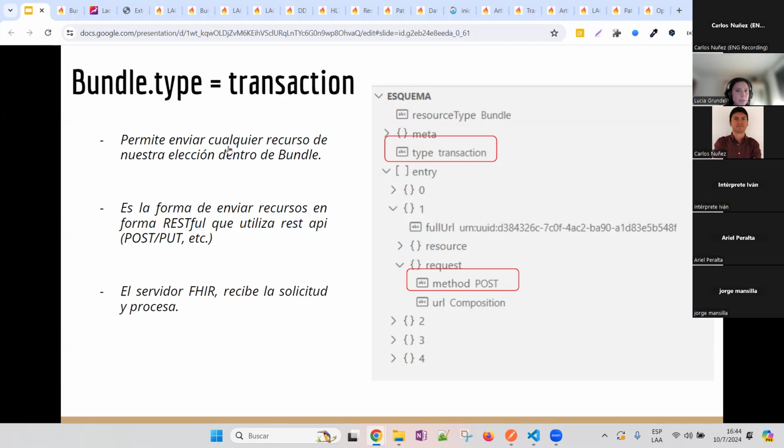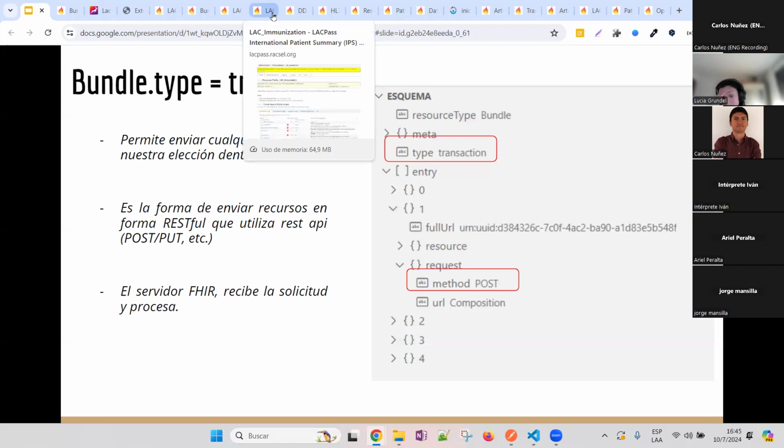So the first bundle type is transaction, and it allows us to carry out a set of transactions against the FHIR server. It is the way of sending resources and storing them against the server. The FHIR server receives the request and processes it. In this case, in order to record a transaction of,